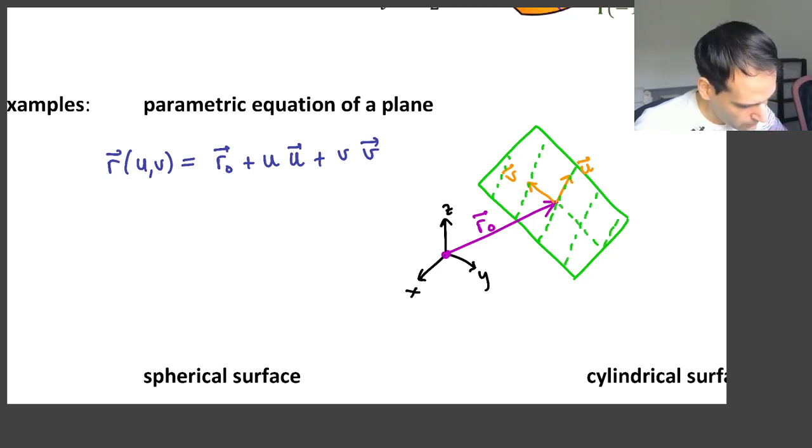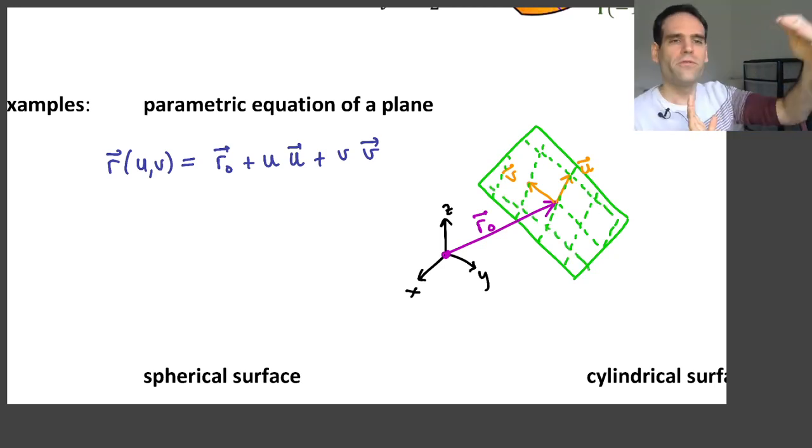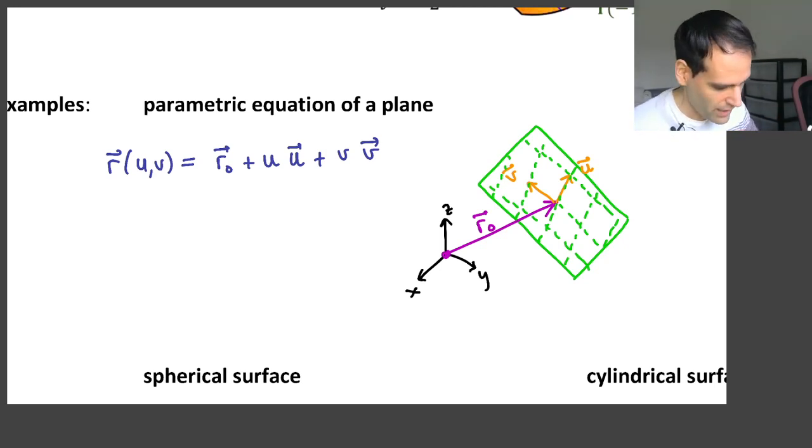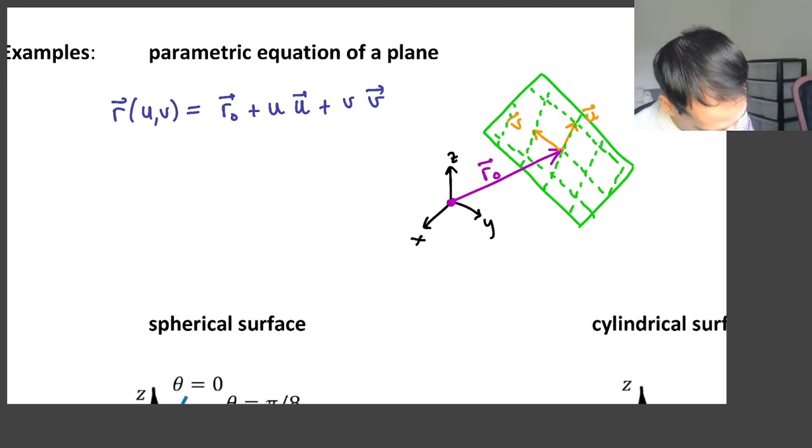So for each value of our 2 sliders, the scalars u and v, which are the parameters, I can move through this grid, which is the infinite plane. So you remember that, okay? So that would be the parametric equation of a plane, which you could also write as